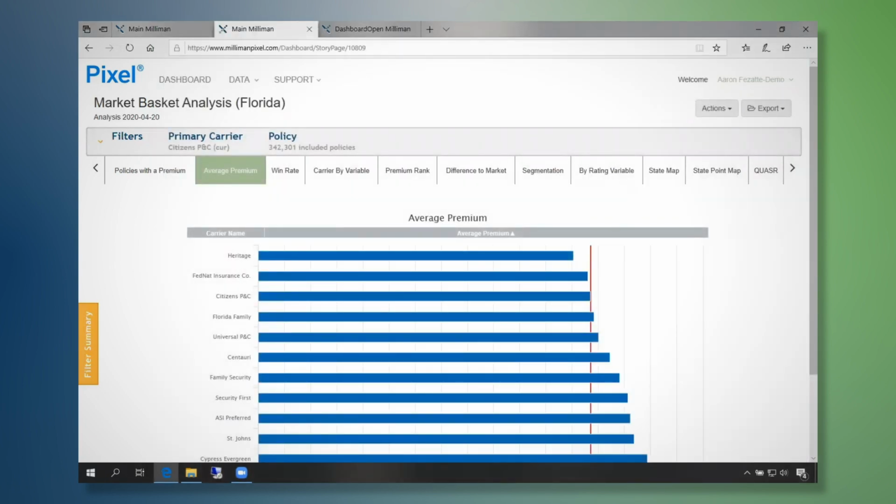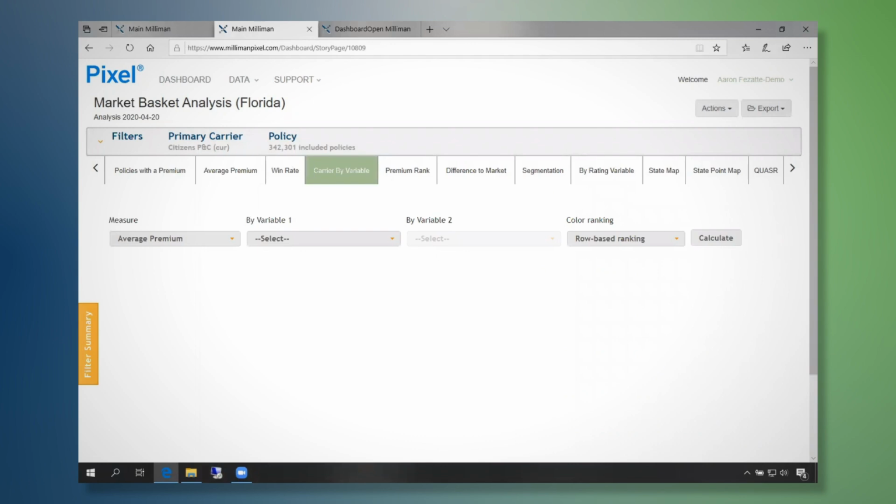So now that we have an idea of our overall position among our selected competitors, let's dig into a particular rating characteristic. We'll move to the Carrier by Variable tab. This allows you to look at a single rating variable or two of them and see how the rates change across them.